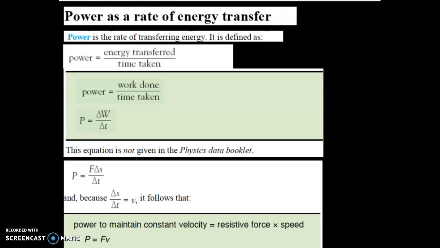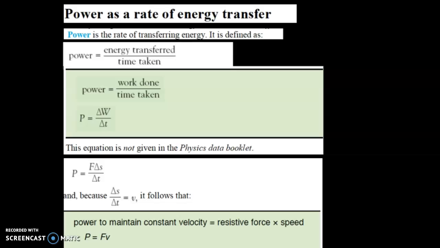And so power equals the work done, the energy transferred, or just as valid, the work done, or it could be the change in kinetic energy. It could be any kind of energy up here, really. However, whatever energy type we're considering, divided by the time taken. Okay, this equation is not given in the physics data booklet. There is a simplification or a derivation, however, and that's to look at